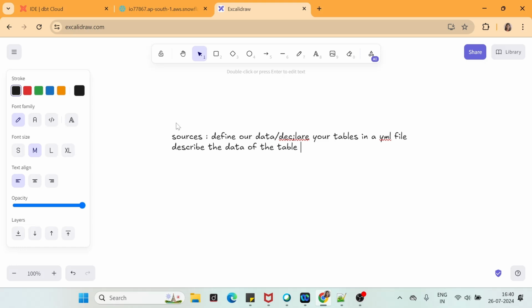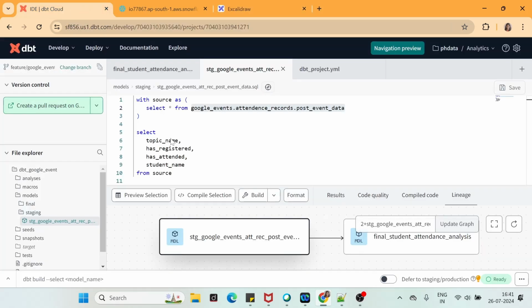So, when we declare the tables in the YAML file, in the models we can directly make use of this function called source. This is the source function, and this is the syntax of the source function. Inside that, your source name will come into place, which is this one, and then your table name will come into place, which is this one, in quotes. So we can simply utilize this function and provide our source name and our table name. It will be more clear when I create my source file.